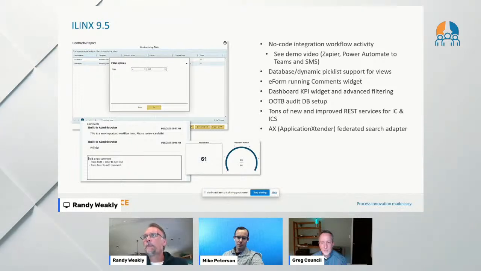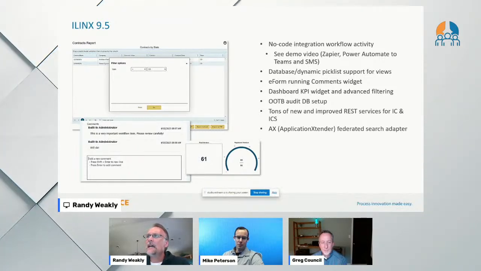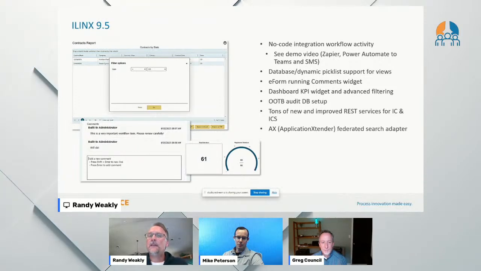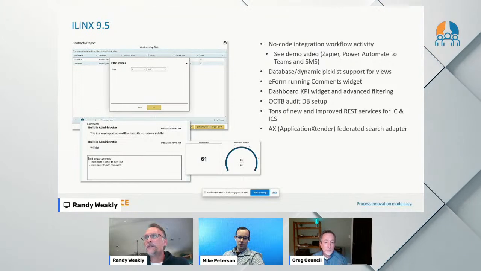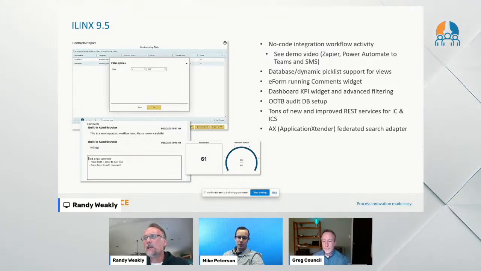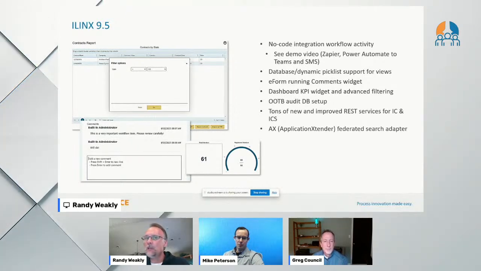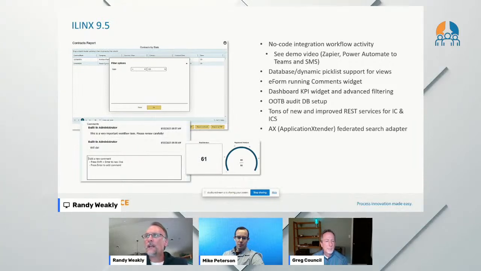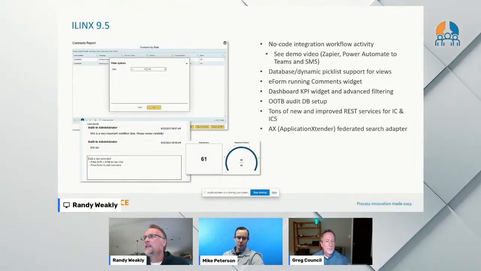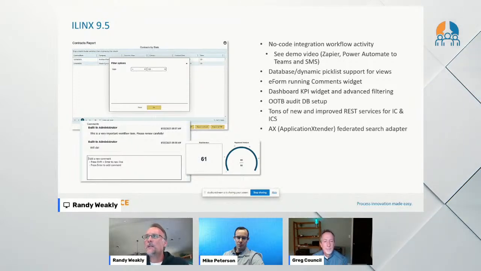Another feature we added, dynamic or database pick lists into views. So this was a highly requested customer request. And so that's in there now. You can create your views and they will have the same dynamic database pick list capabilities that you get through the standard client UIs. We've added a running comments widget for eForms, some KPI widgets into our dashboards,